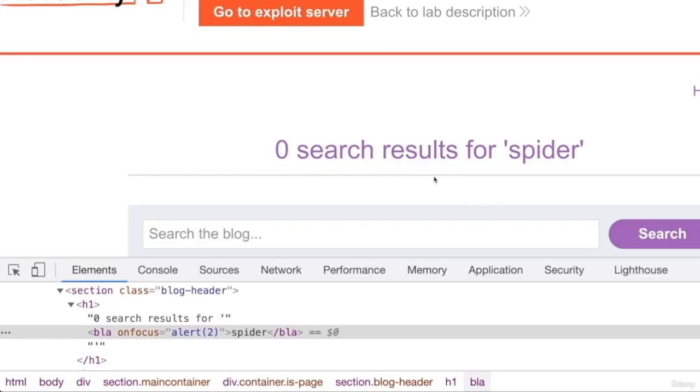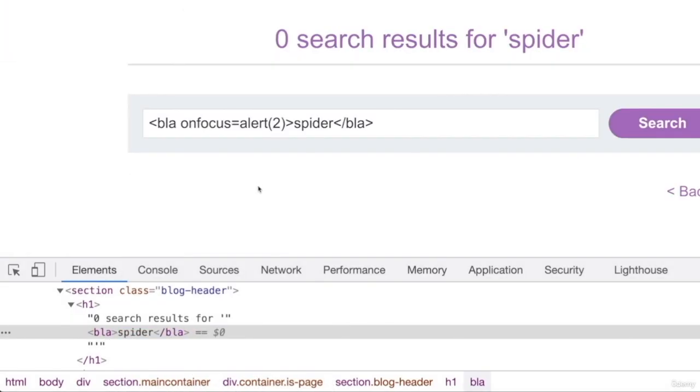I really like building my payloads step by step so that if something fails, I know what failed. So now when I type blah onFocus, I want you to run alert 2. We can see everything in here. Nothing is being filtered, so we know that so far we are heading in the right direction. Now, obviously, if we click on it, the code is not getting executed. That's fine,